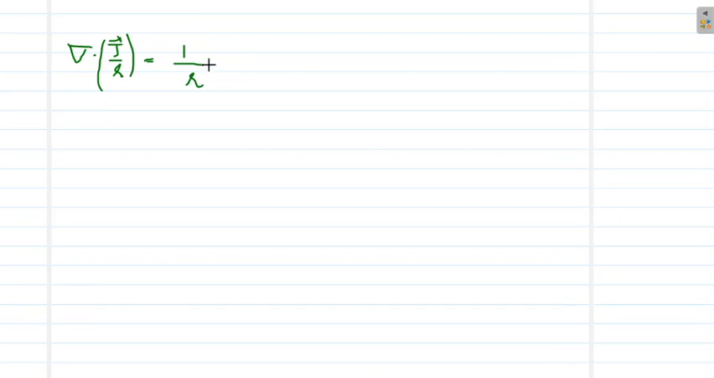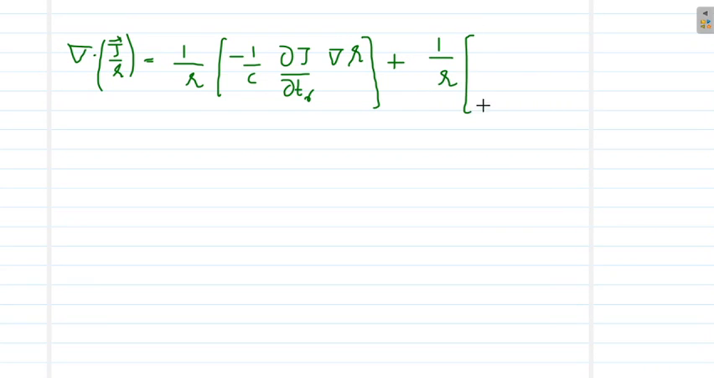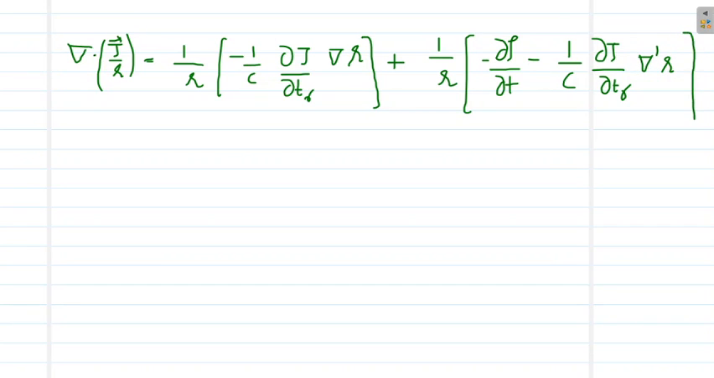one by r into, instead of del dot j I am writing minus 1 by c dou j by dou tr into del r, plus 1 by r into, instead of del dash dot of j I am writing minus dou rho by dou t minus 1 by c into dou j by dou tr into del dash of curly r, minus the last term which was del dash dot of j by curly r. So equation 1 will be modified like this,